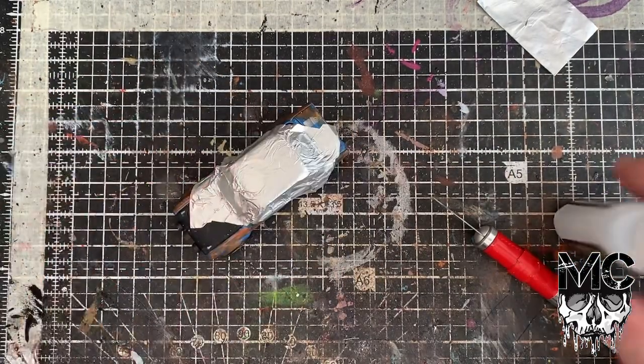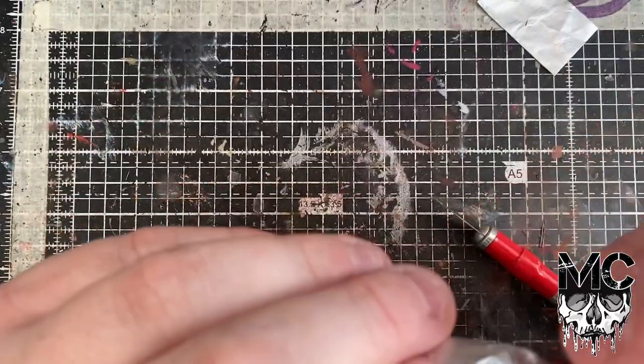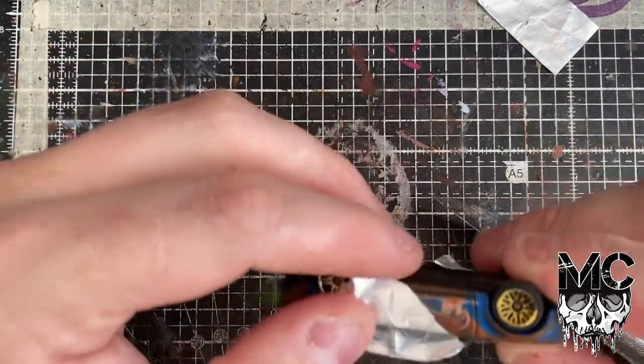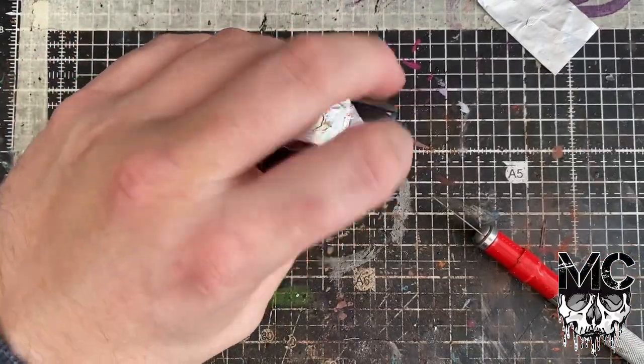So we've stuck our tin foil down with some super glue. As you can see, it contours to all the shapes that we need it. Doesn't matter if it's a little bit flappy. Oop, got a bit of super glue on my finger. It can stay a bit flappy if we want it to be. Now painting this